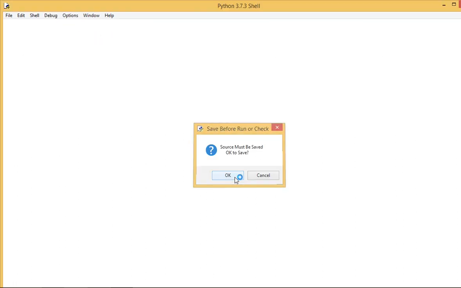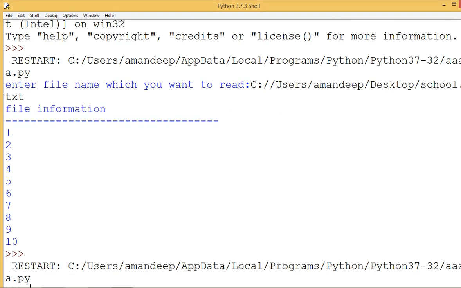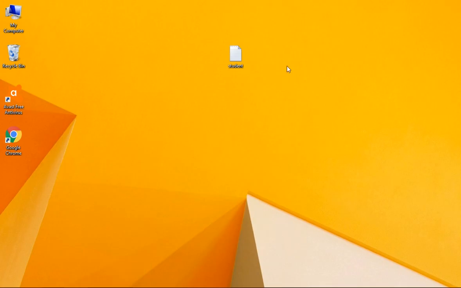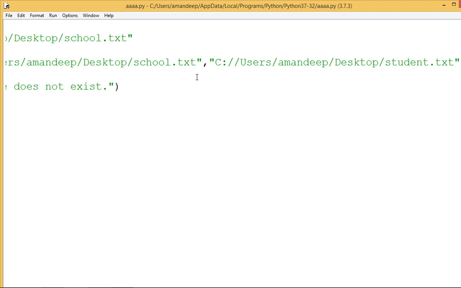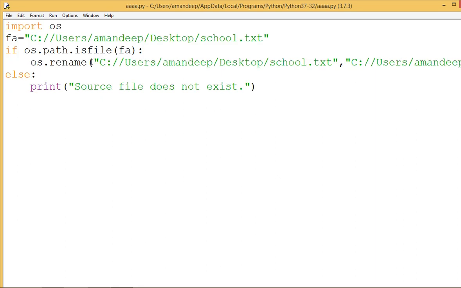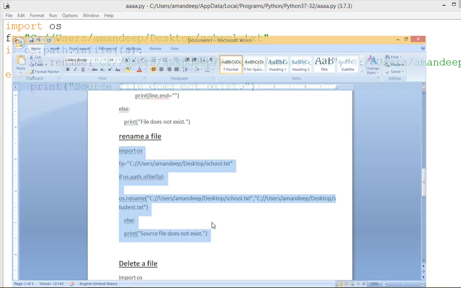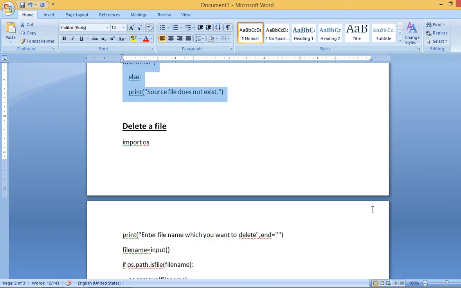When we execute it, output will not come here. You will go to the desktop, and now the file name is student, as the previous name was school. So this is the way, and here you can see os.rename, and here we give the old name and then a comma with the new name.